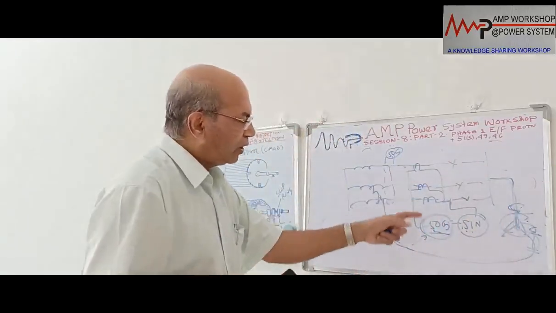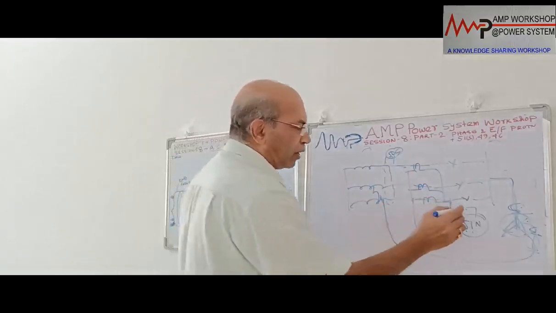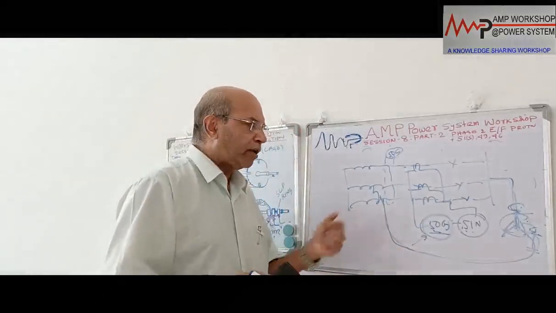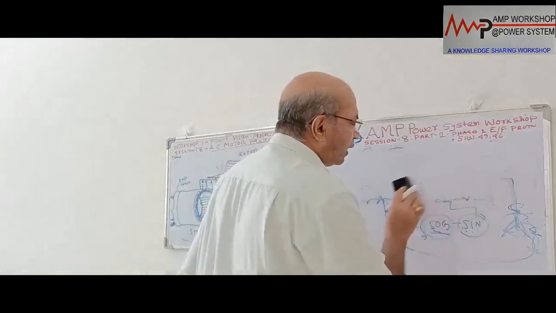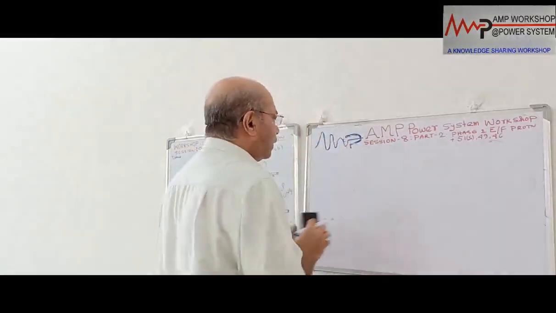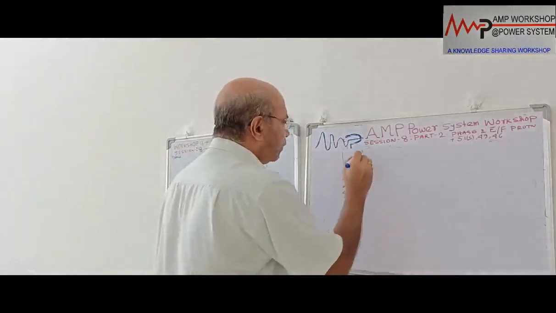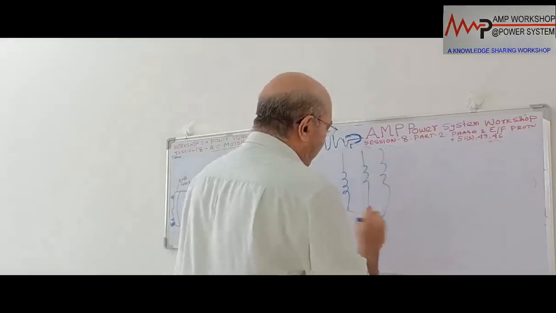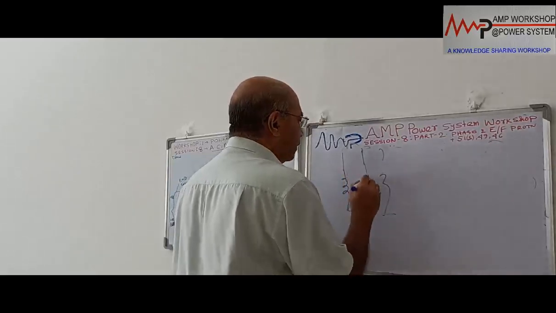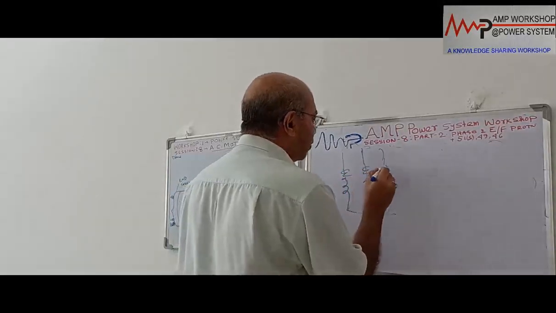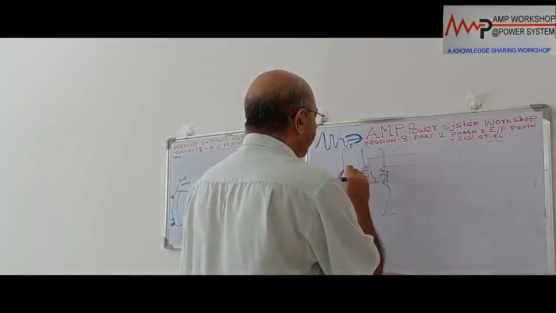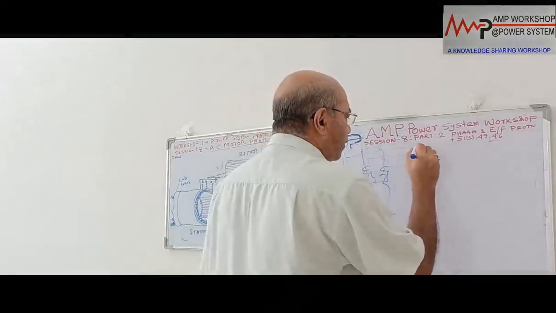Okay, so now this CT, what we said, is used only if we provide only earth fault protection; in that case the 3 CT will be connected over here. But if we provide phase overcurrent as well as earth overcurrent, then we will not use the CT connection in this way. What we do in that case, suppose this is the 3 winding of the motor, it is connected. Now we provide a CT over here. Suppose this is the 3 CT we provide, and this is shorted. Now this end is coming from here, then we provide a 51 relay.